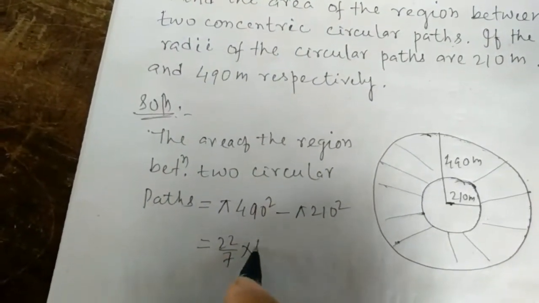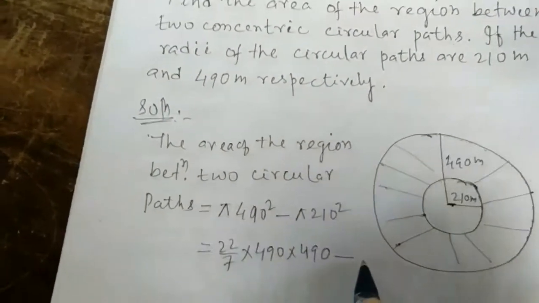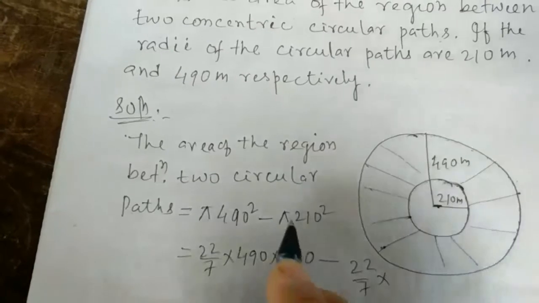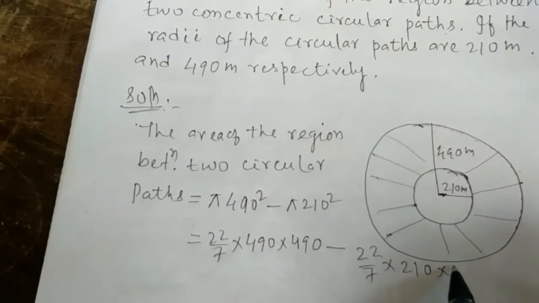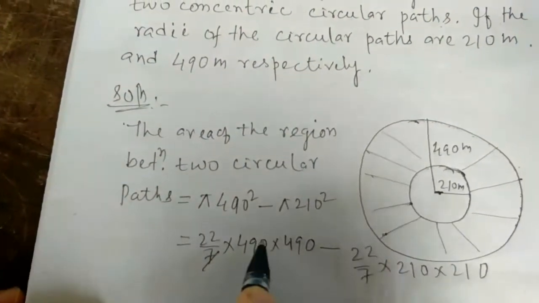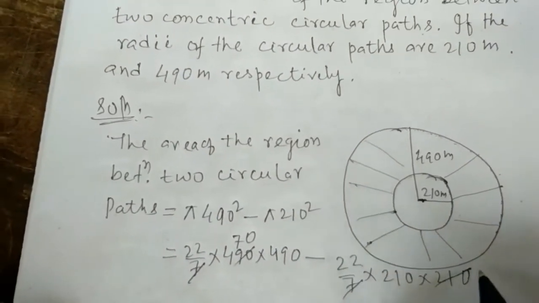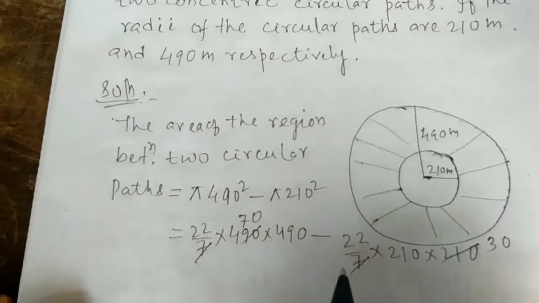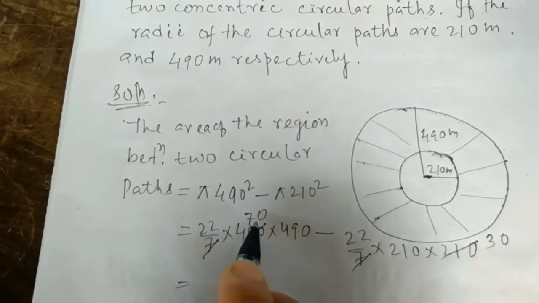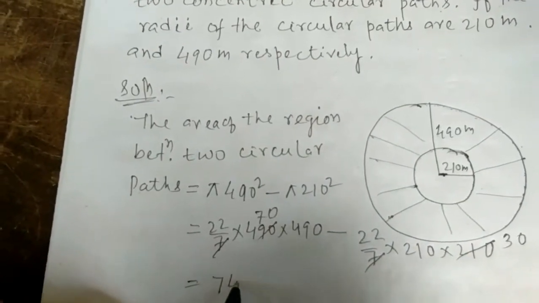Now the value of pi is 22/7, into 490 into 490, minus 22/7 into 210 into 210. Clear now? Now we can cancel this. 7 7s are 49, cancel. Here also 7 3s are 21. So we multiply 22 into 70 into 490, and if you multiply, you will get 7, 5